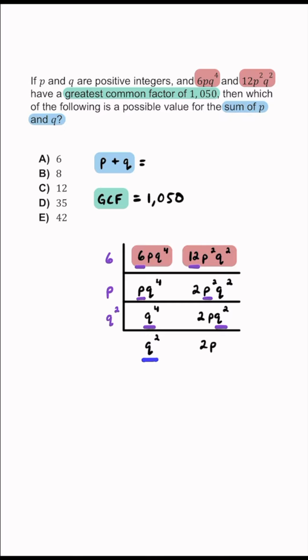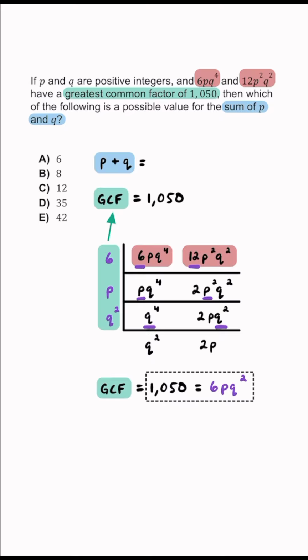At this point, these two monomials have nothing in common. And when that happens, you can just take the product of these common factors on the side, and that will equal our GCF. So as an integer, we know the GCF is 1050, but what is it as a monomial? As a monomial, it's going to be 6 times p times q to the second power. Let's go ahead and divide both sides of this equation by 6. And when you do that, you're going to get 175 is going to be equal to p times q to